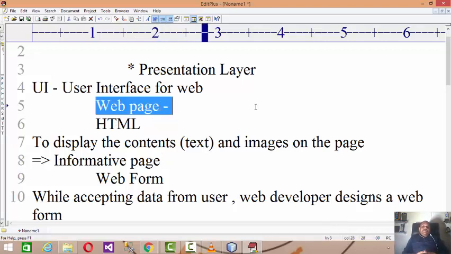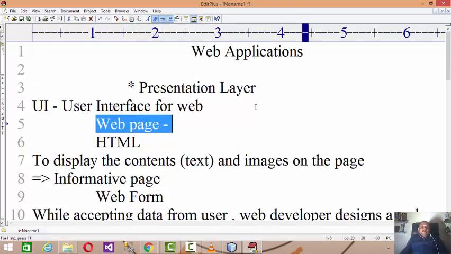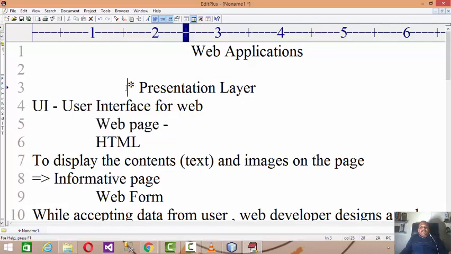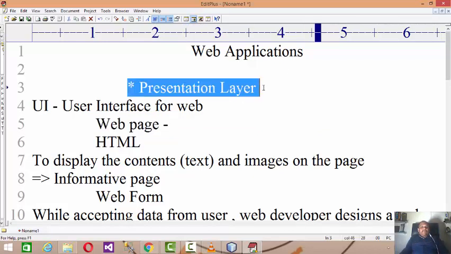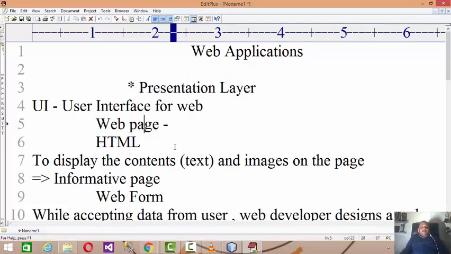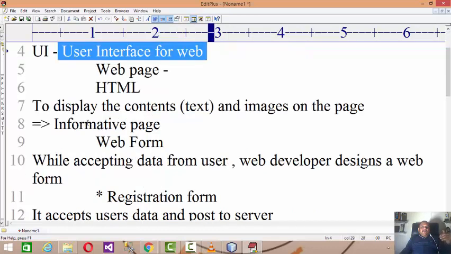So now I believe you understand that while developing the presentation layer for web applications using Java, the first thing we need to take care of is whether I am creating a web page or a web form.